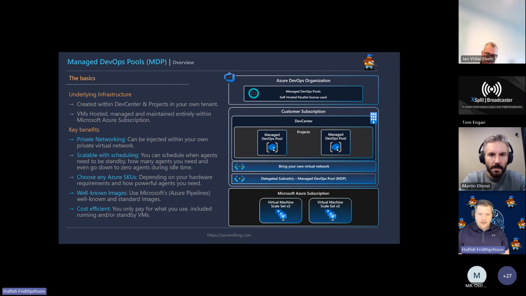The key benefit that I find really interesting in this is that this agent can be injected into your own private network. So basically, you're able to inject those Managed DevOps Pools inside your subnet and let them talk to your private network, which I find very good because I often tend to work a lot with Terraform. And in Terraform, you have state files, which are hosted on a storage account